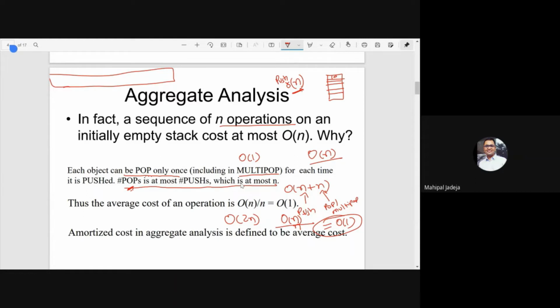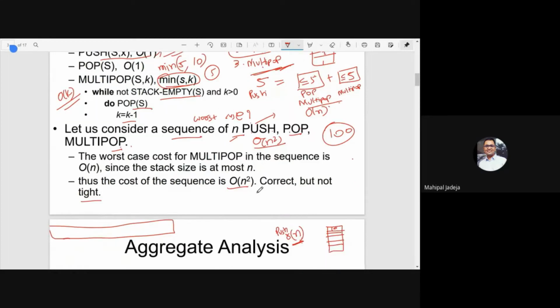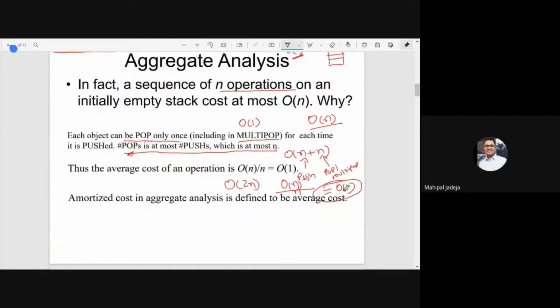And this is non-trivial. If we directly see this, then we may feel that it's incorrect, but actually it's correct, because we have now analyzed it properly with the knowledge of the dependencies amongst these operations. So what we are saying is, if you perform n operations of push, pop, and multi-pop on a stack of size n, then the complexity of each operation on average is order of 1. In constant time, you are doing